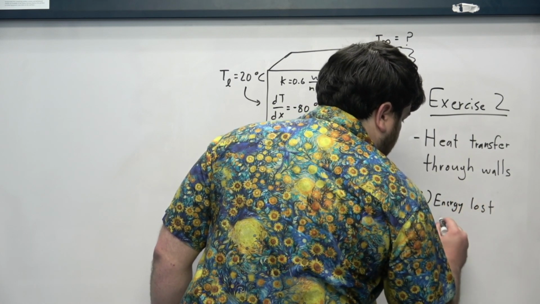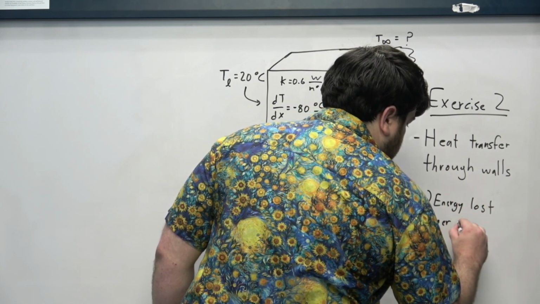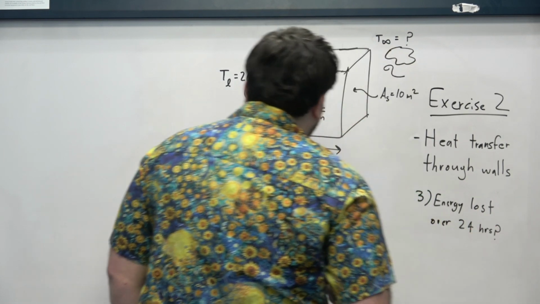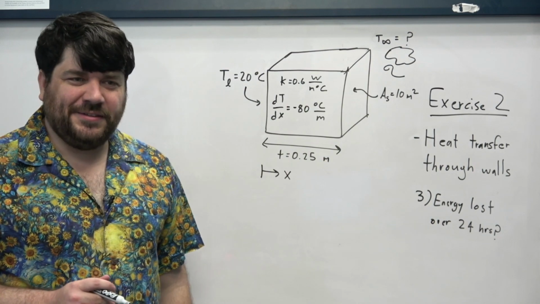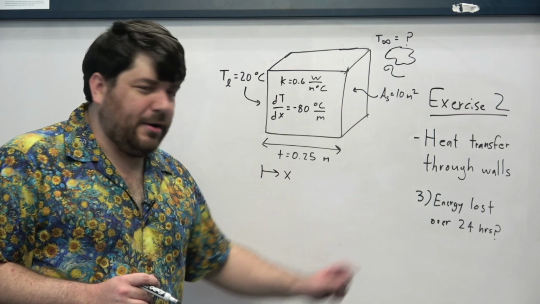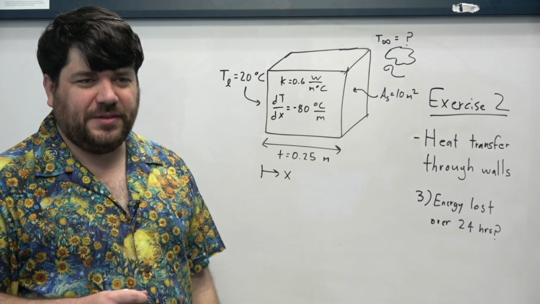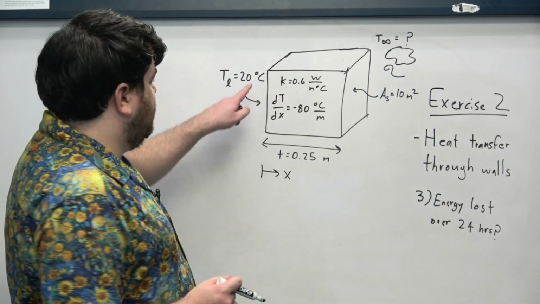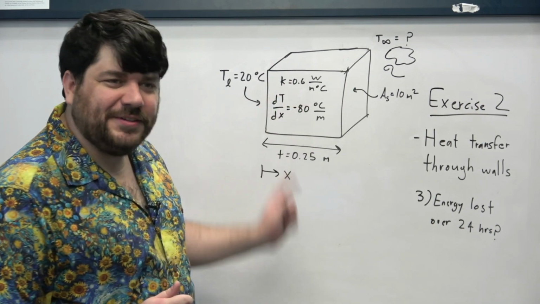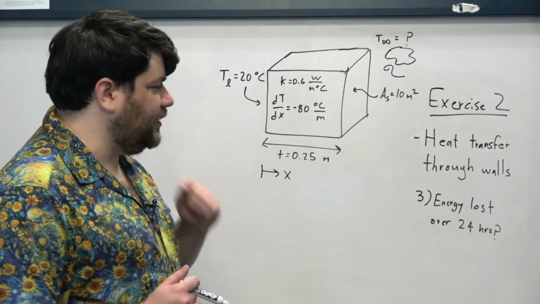We can ask ourselves, how much energy is lost from the room over 24 hours under the previous assumptions? So if the temperature of this wall is kept at 20 degrees Celsius, if the slope of the temperature field inside of the wall is -80,